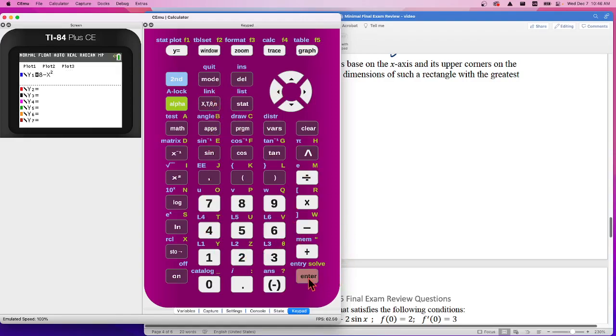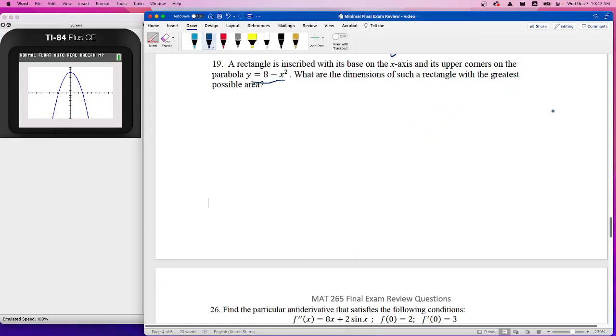I'm going to do a zoom standard because I think that'll fit it in just fine. So zoom 6. We go up, we come down. So the x-axis. So we're getting some kind of a rectangle in here. And we can see, if we come out too far, it's kind of a narrow one. I could draw it over here. So we get something,